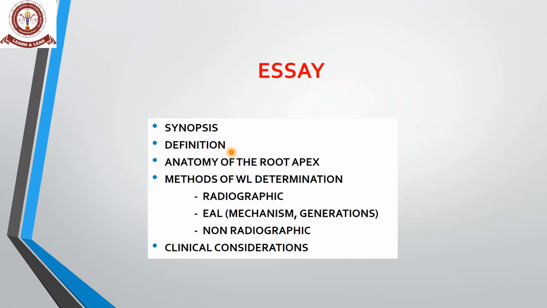So these are the broad categories for the working length chapter, but depending on the question, you need to modify this synopsis and write. But definition will always be there, and anatomy of the root apex will always be there. So other things will keep on changing depending upon the question which is asked. So coming to the